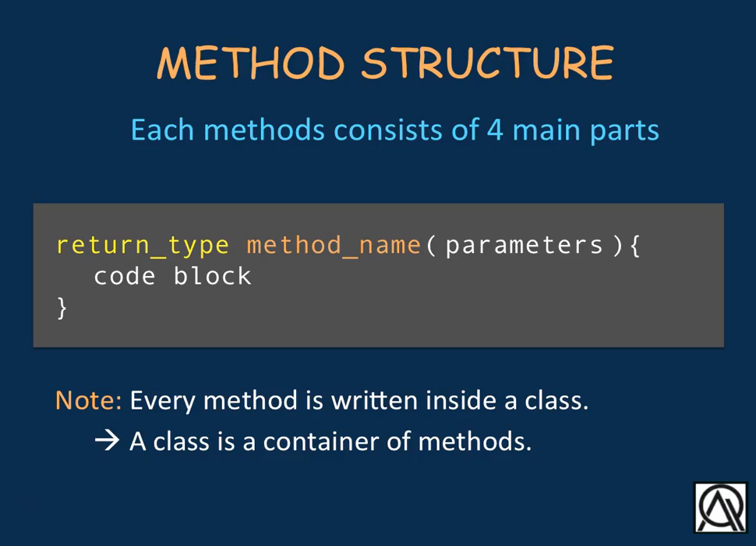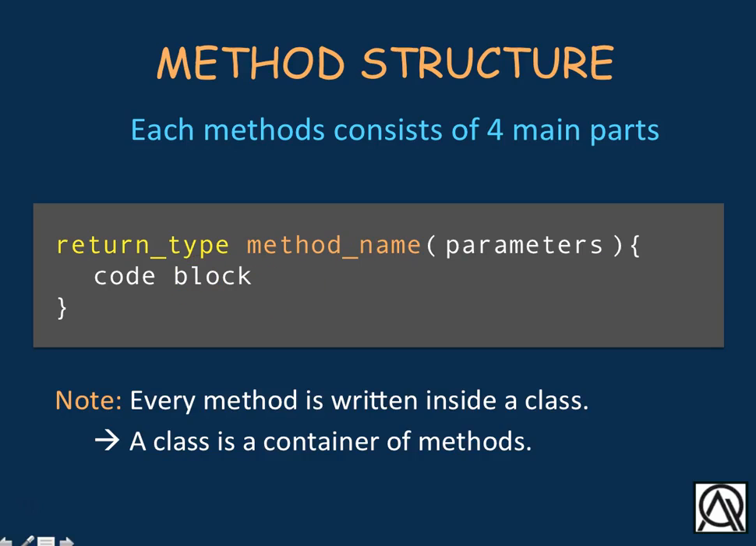First of all, each method consists of 4 main parts. Let me show you. We have something we call the return type, and we put a space and we write the method name and we put some parentheses like this. Inside of the parentheses, we put the parameters of the method. The parameters are some data that are given to the method, and the method uses this data inside of the